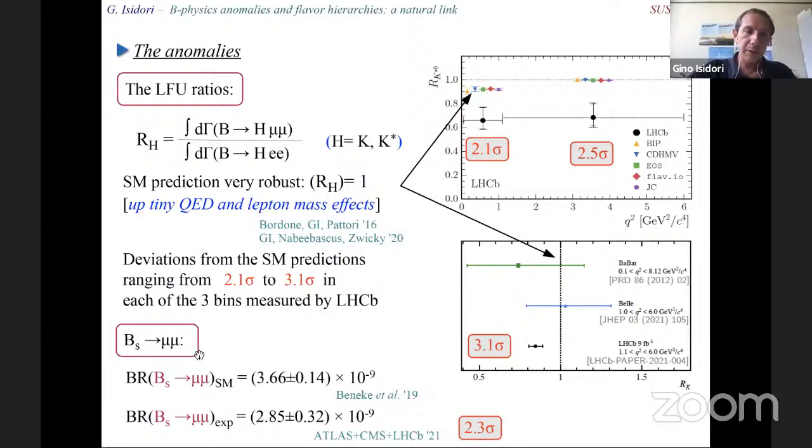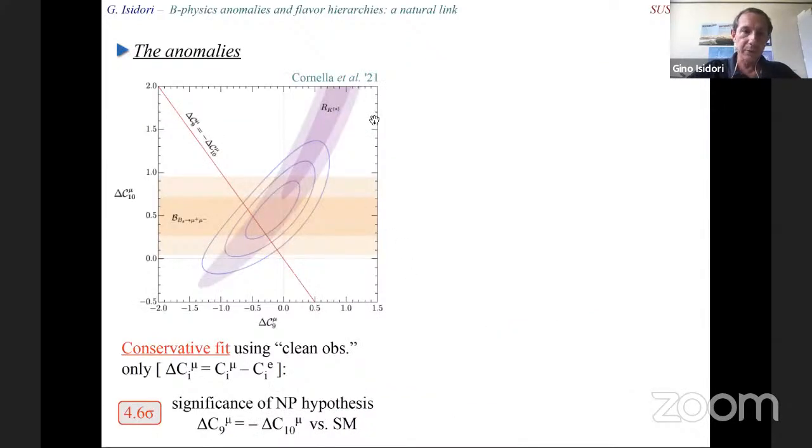And in addition, there is BS mu, which is another 2 sigma deviation. So all of them is an interesting, consistent set of anomalies, which also goes together with the other anomalies for which there is more uncertainty. But if we just keep this alone, and I try to fit the data, you see this is what we